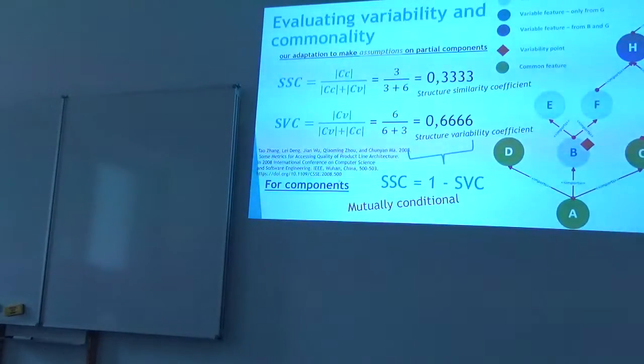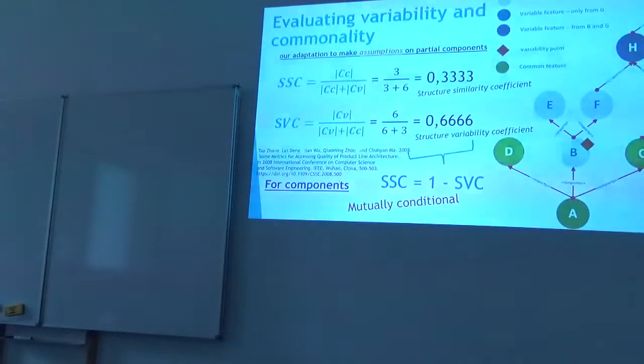It is the ratio given by the cardinality of the number of common components, where the components in their sense are modular parts which are not dependent on other components. They also have exposed interfaces and communicate only through these interfaces and so on. And this is divided into the whole set of components, common ones and variable ones. And this number